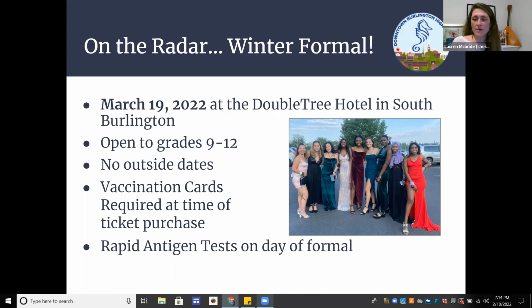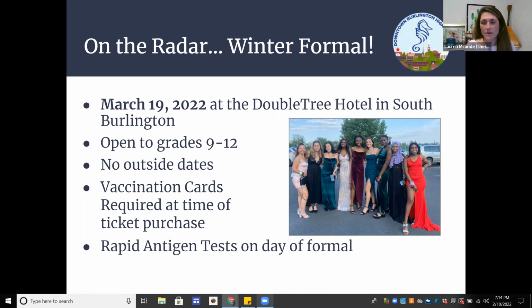We still are operating under guidance, trying to make sure that we're keeping our community safe. And so this dance will be a BHS dance only. There won't be dates allowed from other Chittenden County schools. We've been aligned with our Chittenden County neighbors for this as we've looked at our winter formals. So just to put that out there, we will be requiring